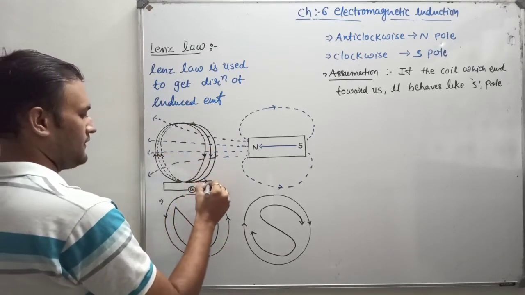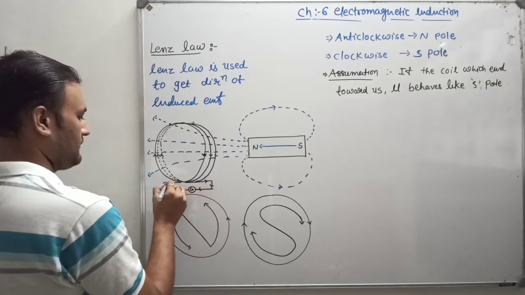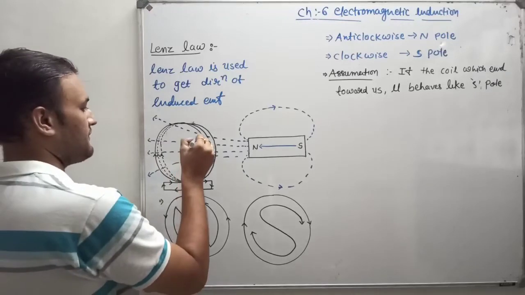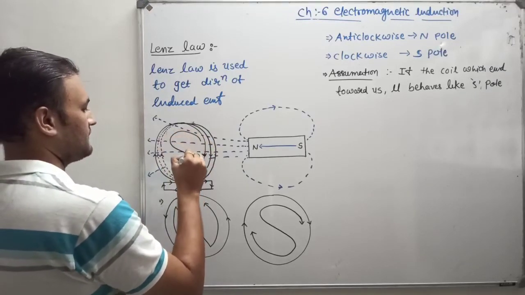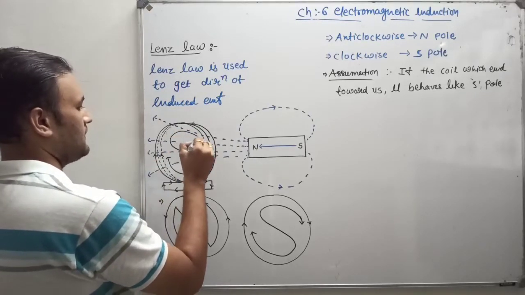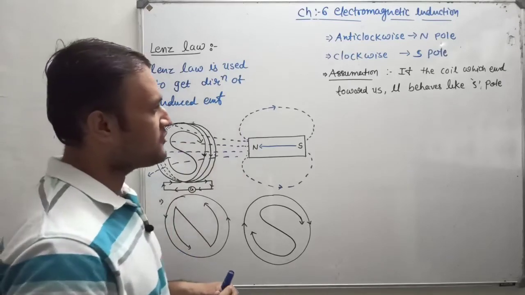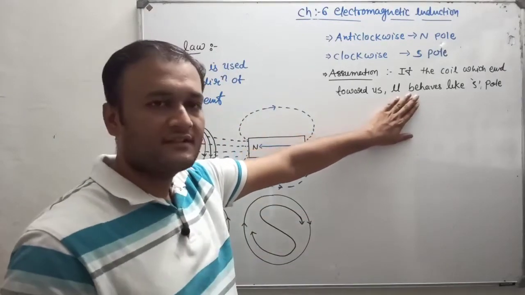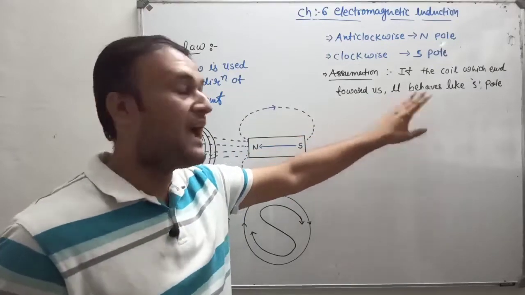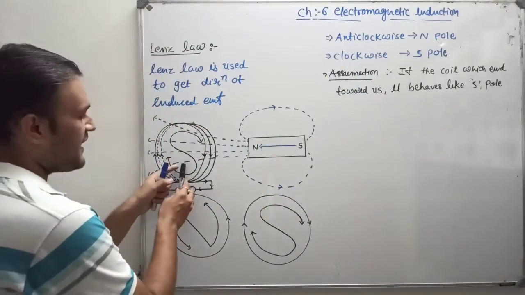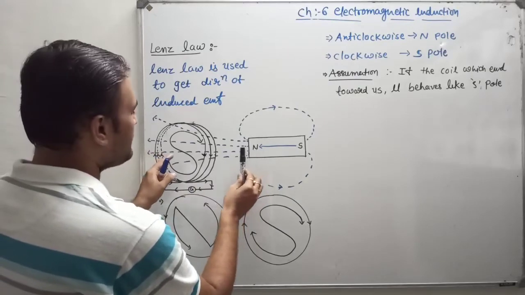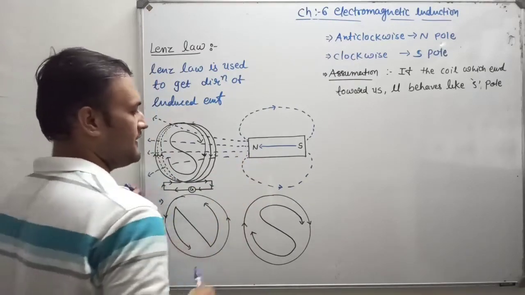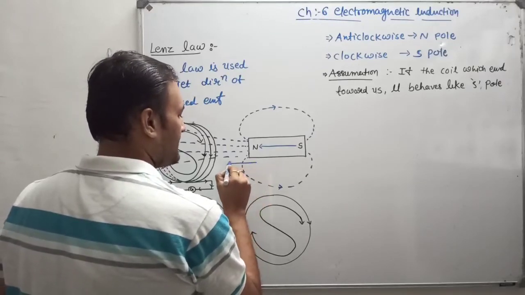Okay, it behaves like S pole, it means, okay, now the assumption is just like that. What is the concept behind that? When it behaves like S pole, so N to S, there is attraction between them, and here the bar magnet is